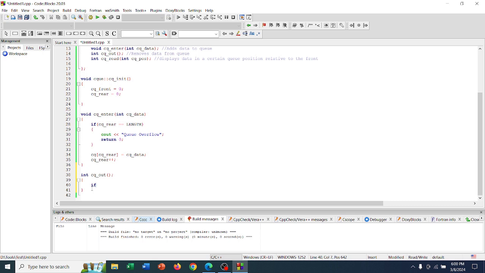How do I check if the thing is empty or not? Because if rear is at 0 starting out, hang on, wait. Let's say I start out 0, 0. That means it's empty. I put a data in. No, it works. If it can work, just like how the stack example works. If rear equals 0,